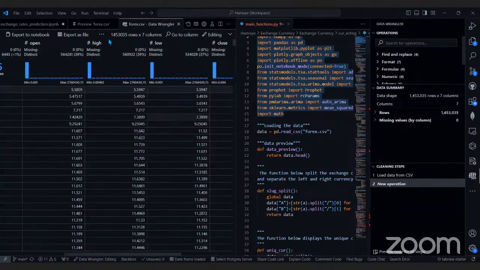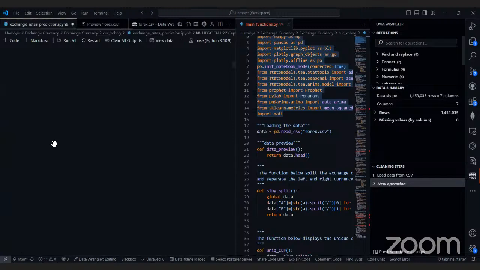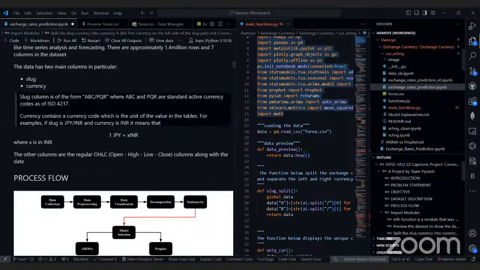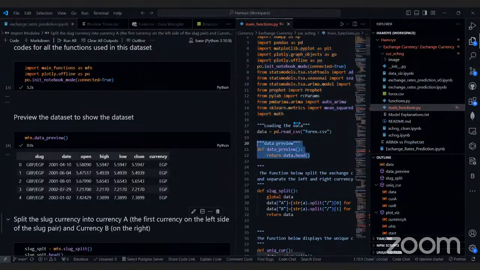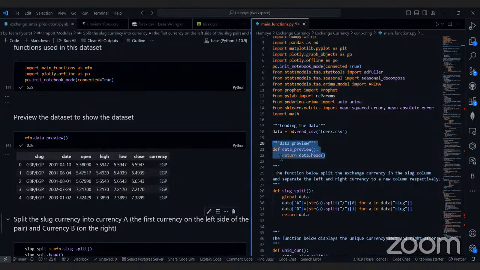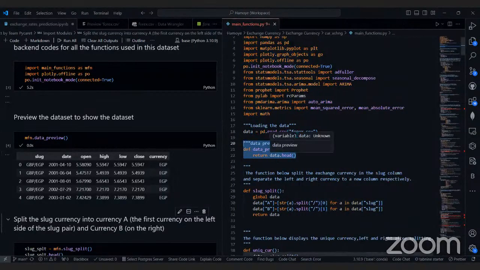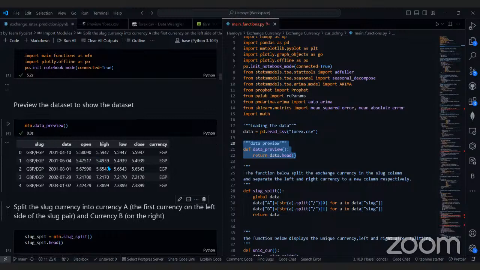Okay, so now that we've seen what the content looks like, here is where we did a data preview. This data preview is a function. Let me close this panel. This is a function that, when you call it, just returns our data set after you must have read it, with dot head. That's why it's just showing us the first 5 rows of the information we want to see. Okay, so this is the data preview.